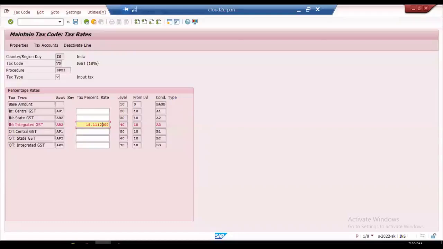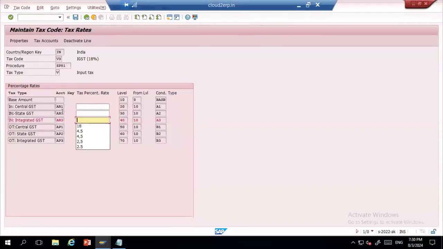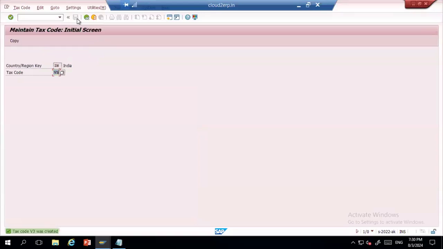I directly enter the tax percentage of 18% in integrated and save. So like this, you need to create multiple tax codes so that these tax codes will be applicable in your purchase order and you can enter them manually.